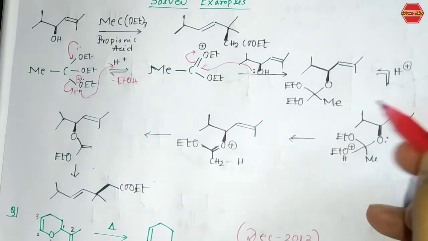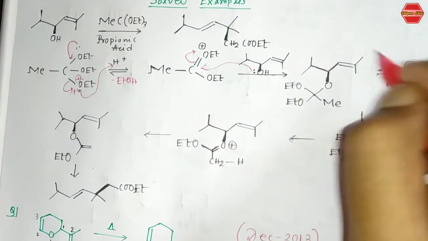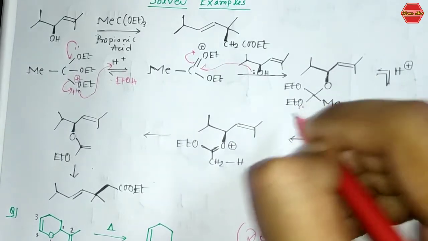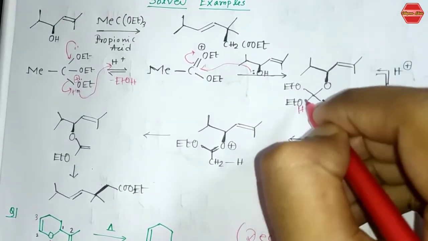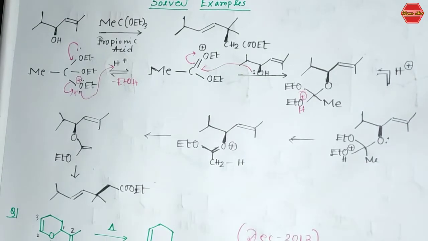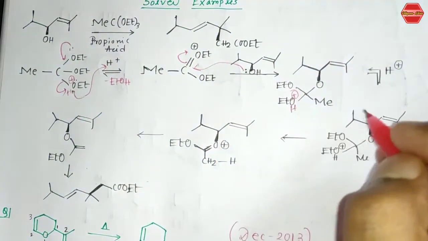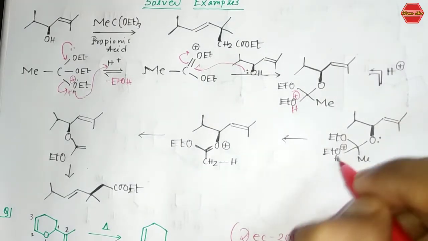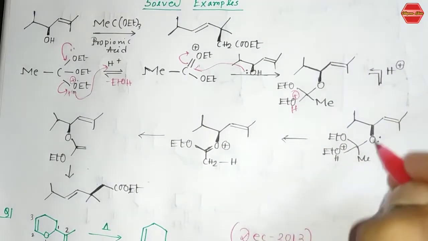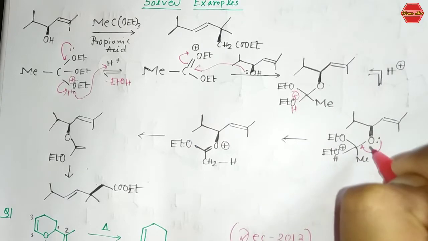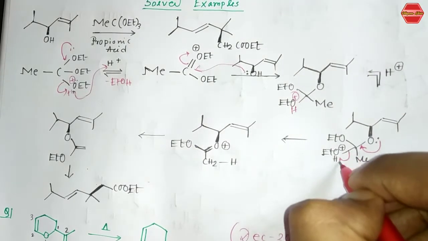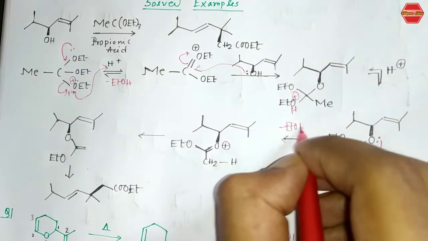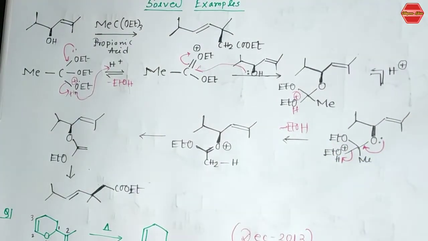Now after that, in the medium you have the H+, so oxygen takes a proton from the source, and it is getting a positive charge over this oxygen atom, right? Now you have this H+ in the medium, so you are getting this kind of derivative. After that this oxygen has a lone pair, it will push back and it will leave from the system as ethanol. So 1 mole of ethanol will be removed from the system, right?